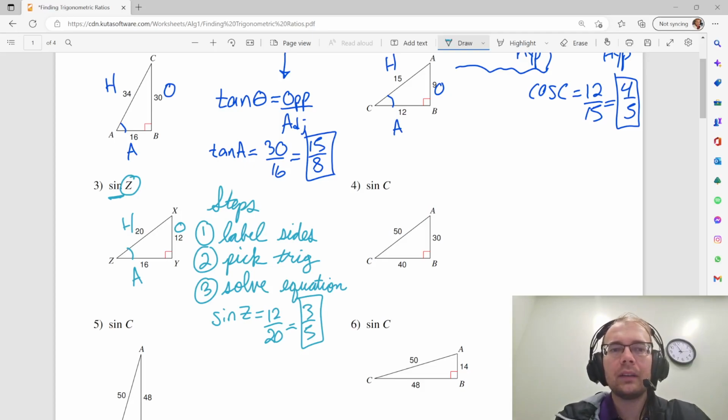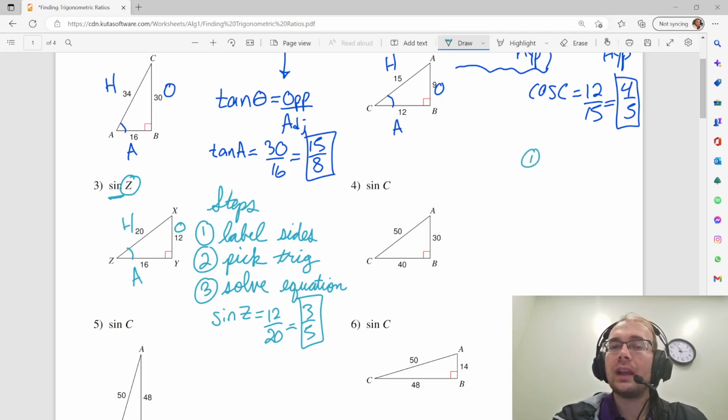All right, so those are the steps that are more general. You can use those 3 steps: label, pick, solve. Label the sides, pick the trig, solve the equation. You can use those steps to solve pretty much anything in right triangle trigonometry. If you want to solve for a missing side or an angle or even just a ratio like we're doing here. But if you want a little bit more specific steps, then what we actually do first is we're gonna